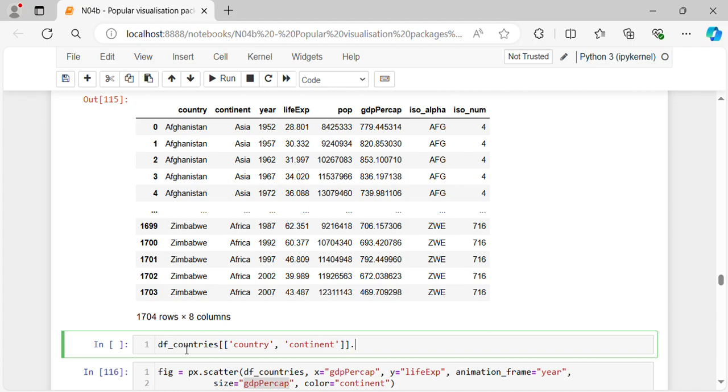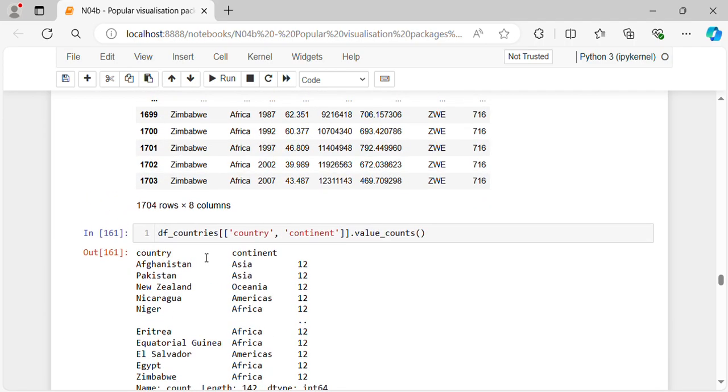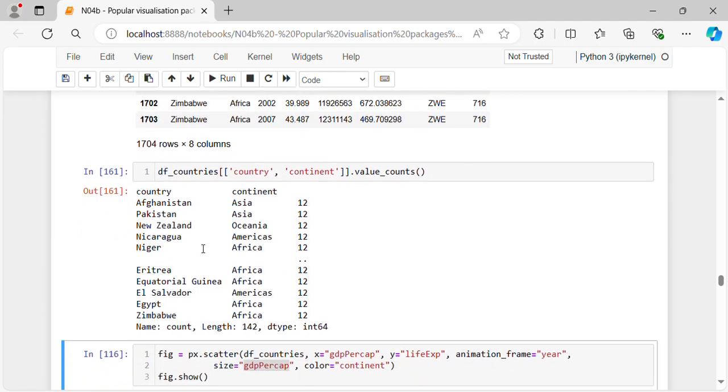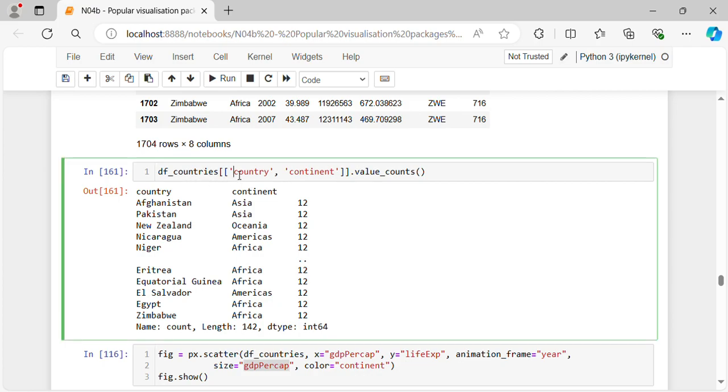And we do value counts of this. So we can see that country Afghanistan, let's do